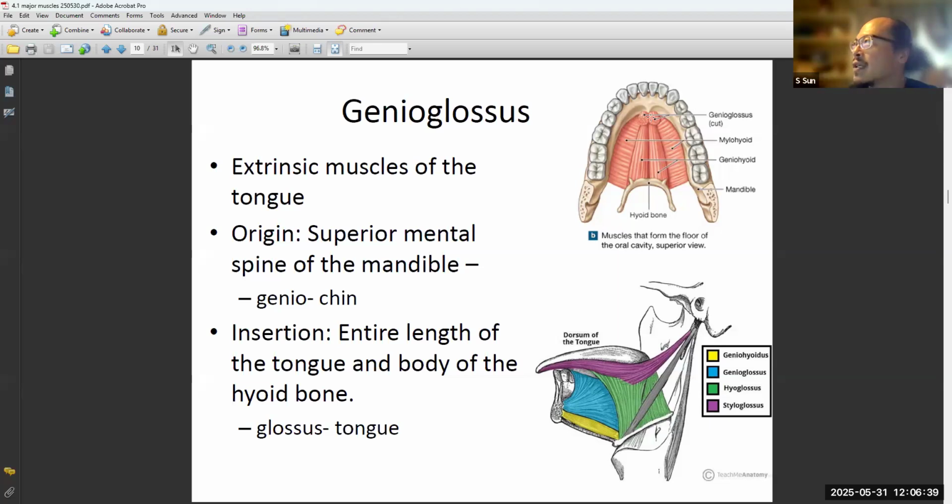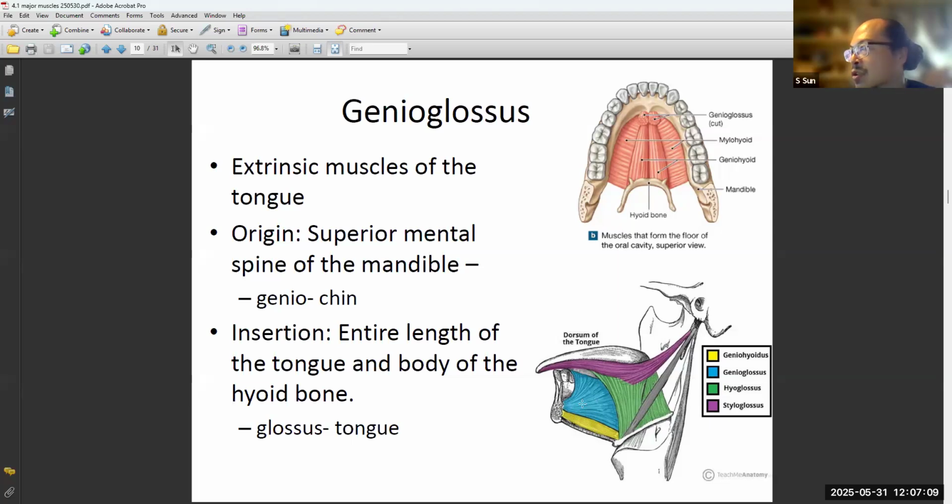Then we have the chin right here. Sorry, mandible, chin, yes. So we have the geniohyoid, but here geniohyoglossus. This genioglossus is a muscle, but it's just a portion of it. So you can see here the genioglossus right here. This is the mandible here. So here you have the genioglossus, geniohyoid, but this one genioglossus,